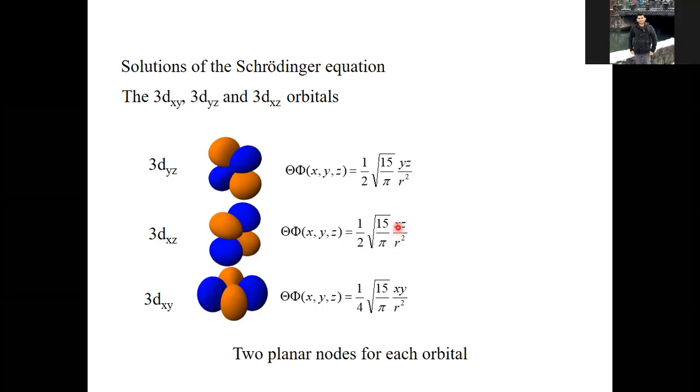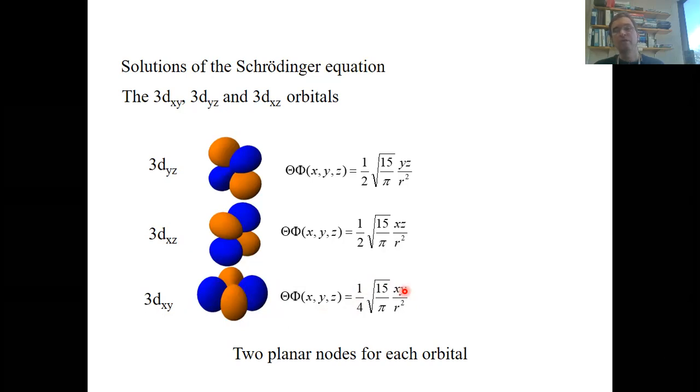YZ plane? In the YZ plane, correct. And z is 0 in which plane? XY. XY plane, correct. Okay, so these are our planar nodes in this case. And for the 3dxy, our angular part of the wave function is a product of x times y. So this wave function becomes 0 for x is equal to 0 or y is equal to 0. So x is equal to 0 in the yz plane, which is our first planar node, and y becomes equal to 0 in the xz